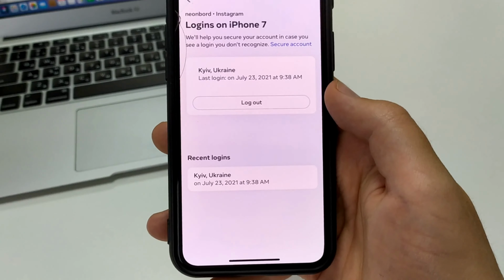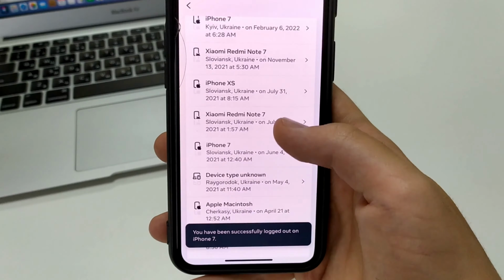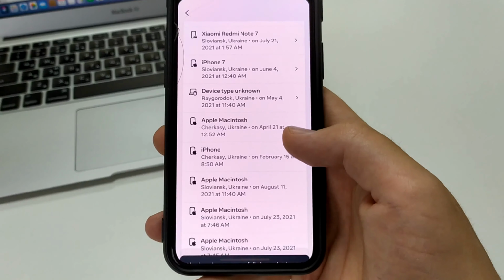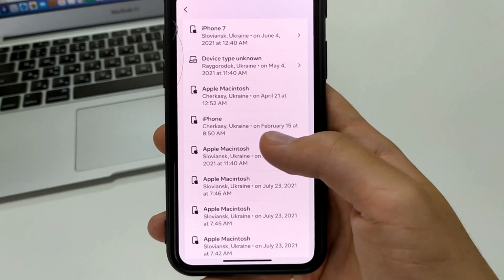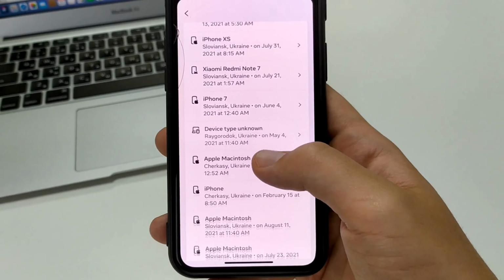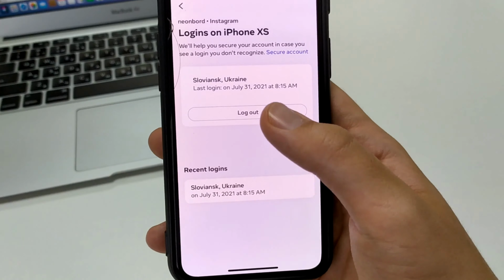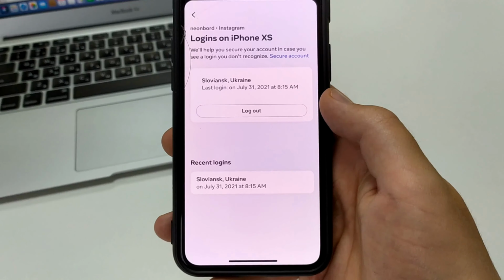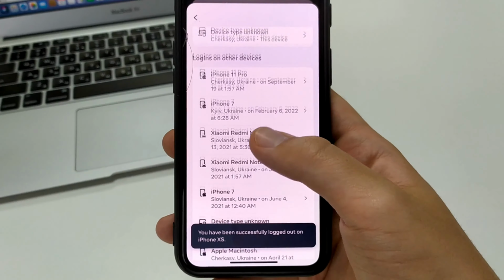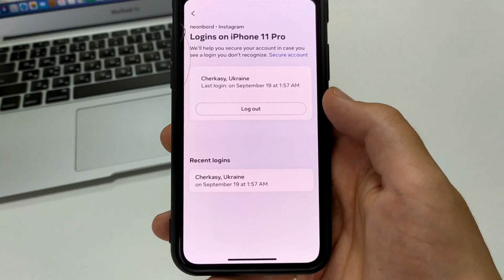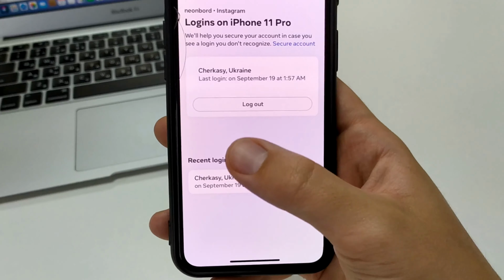Let's say I'm on some other device, just an iPhone, but now I'm sitting on it. Let's say you have an iPhone XS, and I also logged into this account in the 21st year. I can click Log Out and log out of this profile so that it would never be logged in. You can see really when we were on what date and so on. And then log out and see the login activity.